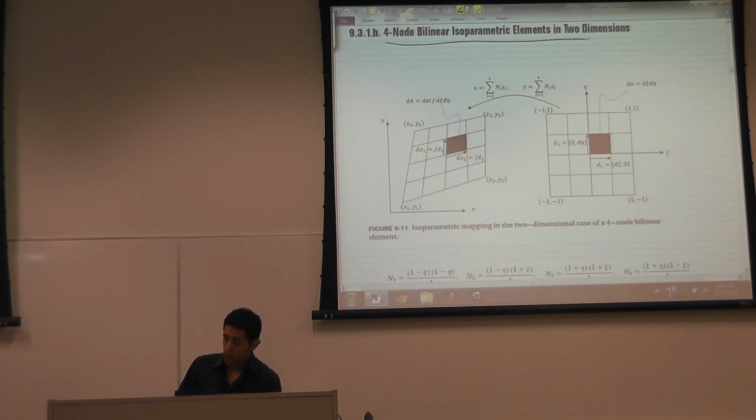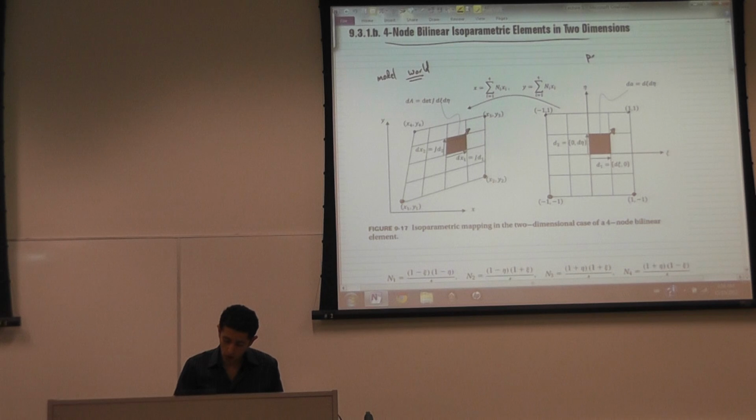For a 4-node element, node 1 corresponds to node 1, node 2 corresponds to node 2, node 3 corresponds to node 3, and node 4 corresponds to node 4. And any vector here, because I need small vectors, will correspond to smaller vectors in the model world. So this is the model world,